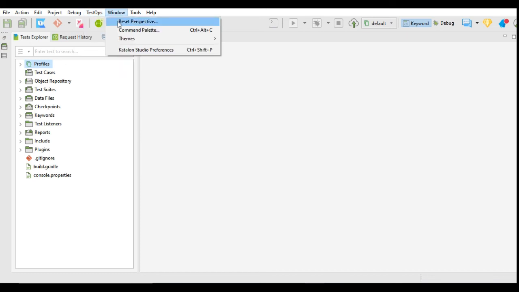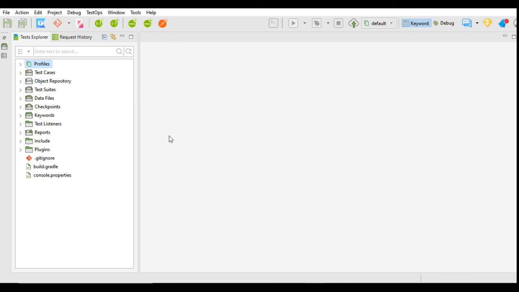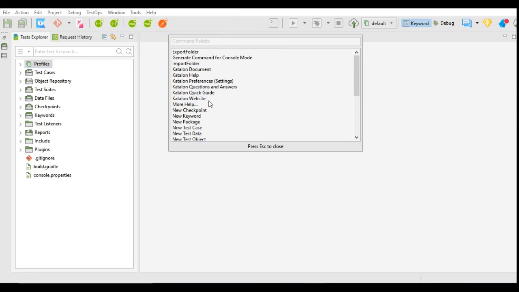In the Windows menu, you can reset the perspective. If you do something with this perspective, like if I minimize this and if I go to Windows and reset the perspective, it will reset the perspective and show the default perspective. Using the command palette, you can add a new test case, new test suite, new keyword.